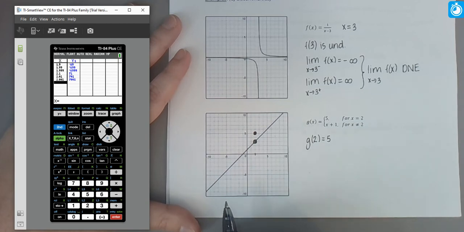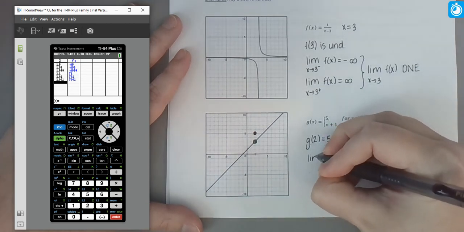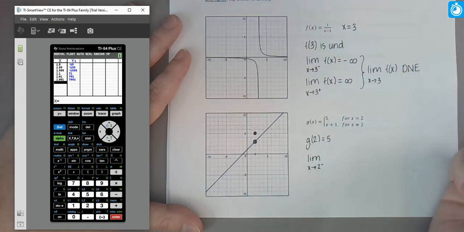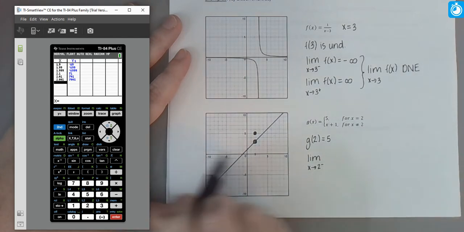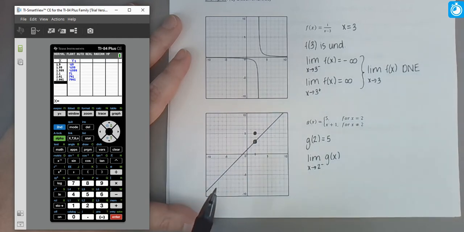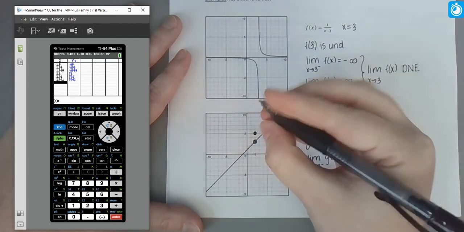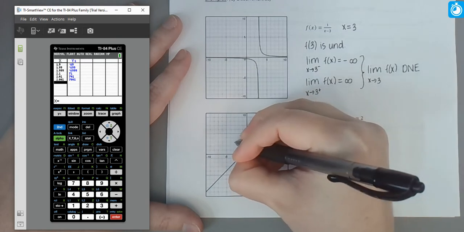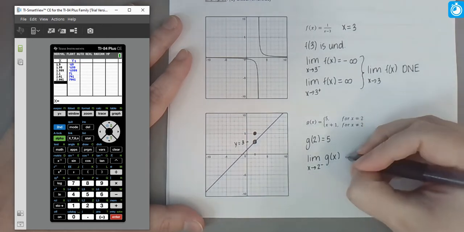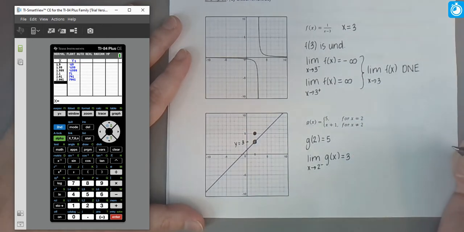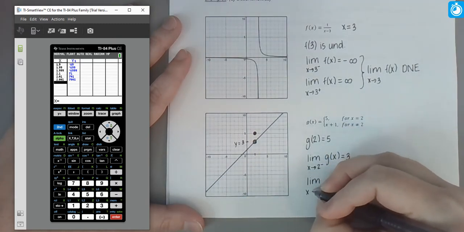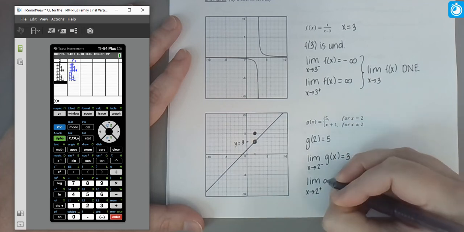What can we say about the limits? Well, the limit from the left-hand side of 2, if we take the limit approaching 2 from the negative side for this function, let's just base it on what we see on the graph. As we approach 2 from the negative side, we're approaching a y value of 3. So the limit for our function as we approach 2 from the negative side is going to be 3. What if we approach from the positive side? So the limit as x approaches 2 from the positive side for our function,